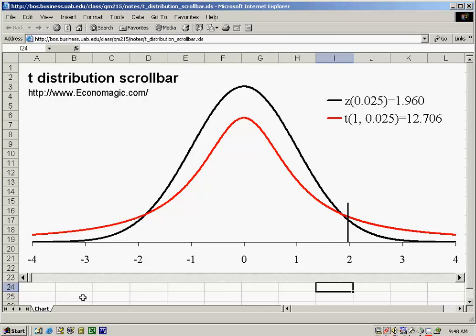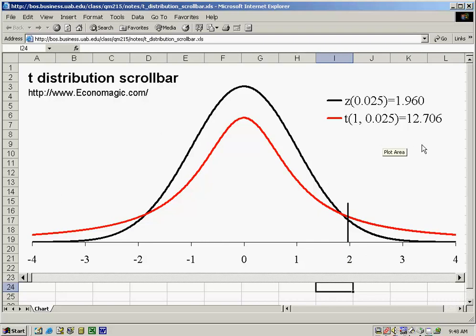T-distribution, as we've vaguely talked about before, is a family of probability distributions, and Z is part of that family. The T-distribution depends on something called degrees of freedom, which we'll talk about in a little bit, but the degrees of freedom determine the shape. So in this picture so far, we have the Z distribution in the black line, and you can see here that we have 2.5% in the tail, and the critical value is at 1.96, extremely